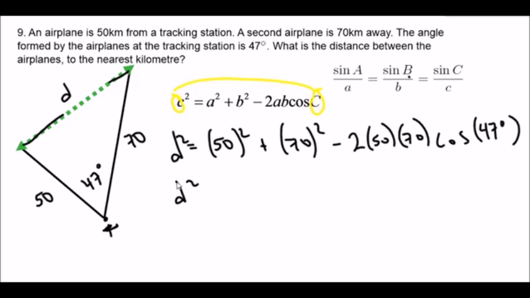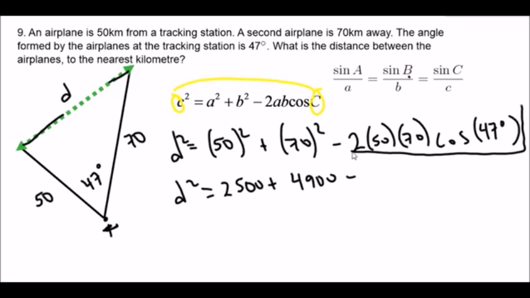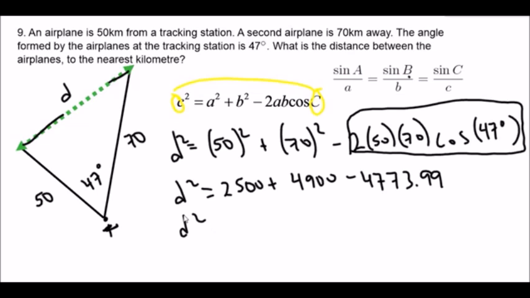So 50 squared, first of all, is 2,500. 70 squared is 4,900. Minus, now all of this stuff here is multiplied together, right? So everything here needs to be multiplied together, so you can do it all at once in your calculator. I'm going to do cosine 47 times 70 times 50 times 2. And that gives me 4773.99. Then doing the addition and subtraction, 2,500 plus 4,900 minus 4773.99, I get